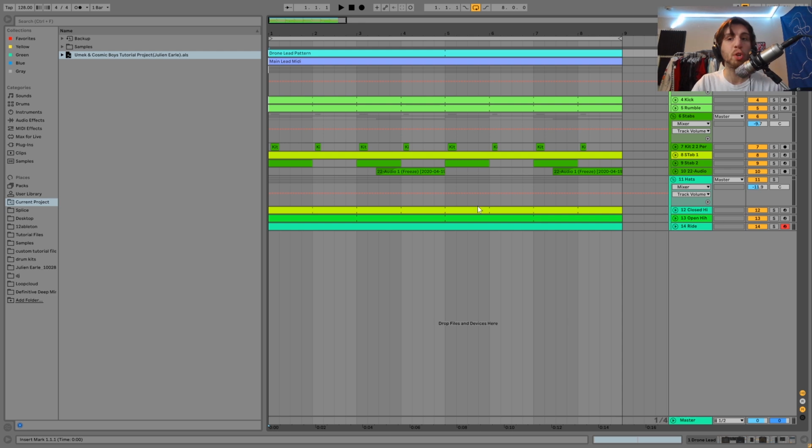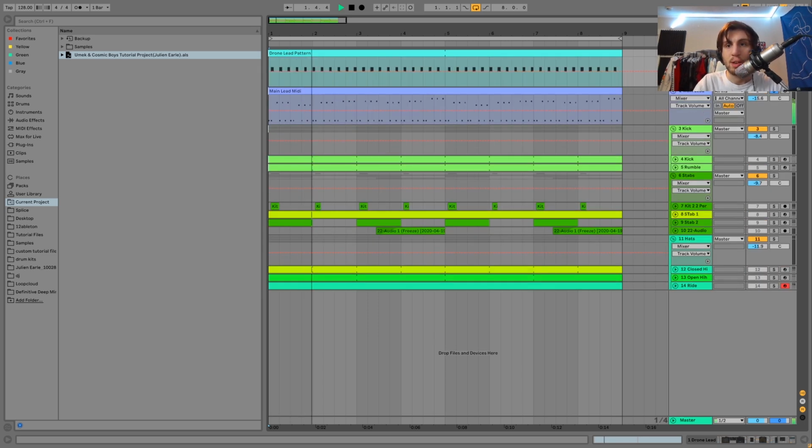So, this is the loop from the intro. We're at 128 BPM, pretty standard BPM for this style of techno. The first thing up here are these two leads, which sound like this. So, basically what's happening here is there's this droning lead,